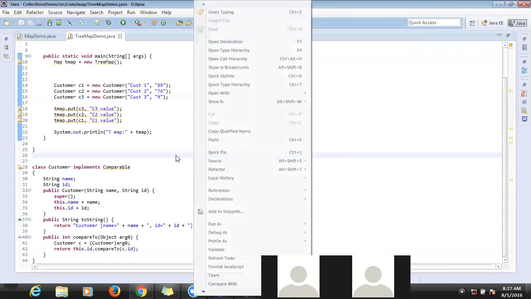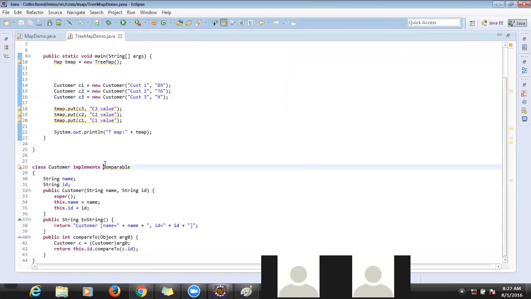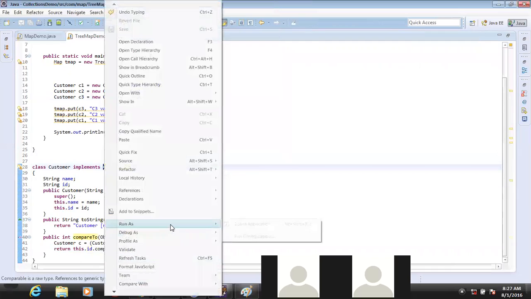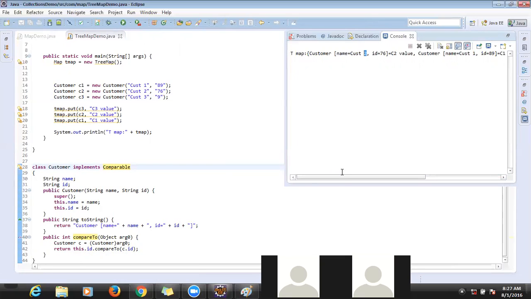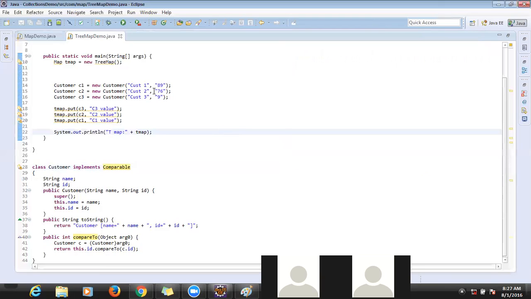Let me run it. Yeah, now it is going. The class was not compiled previously. See there now? No, right? First one is customer 3, which should come first with ID of 9.